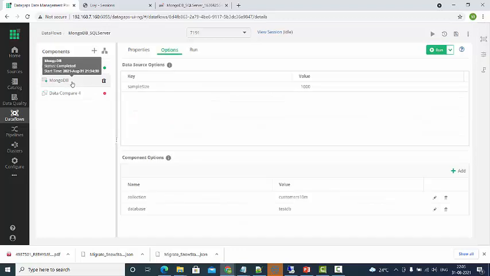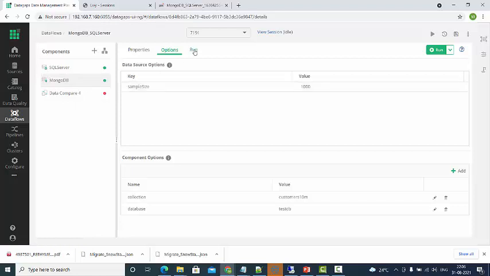Moving on to the second step, wherein we are trying to read the data from MongoDB. This is the MongoDB which is on premises, and we are actually getting the data from the customers 10M table collection, and the database name is testdb. So these are the properties we have given. This data source, the MongoDB connection, could be created in the sources section.